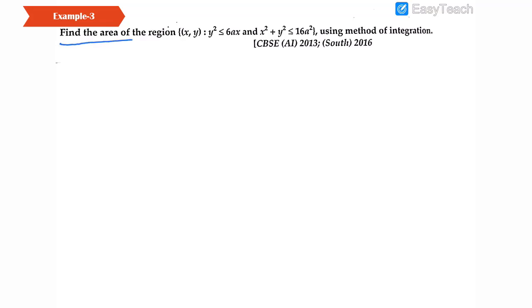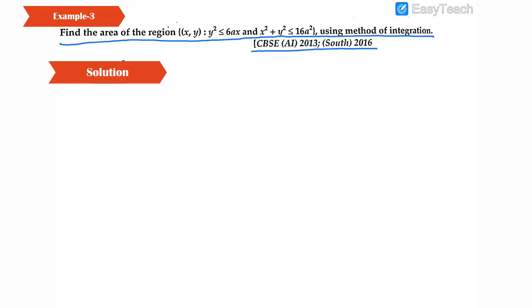In the third example, find the area of the region y square is less than or equal to 6x and x square plus y square is less than or equal to 16a square, using the method of integration. This question was asked in 2013. So the corresponding curves of this given region are